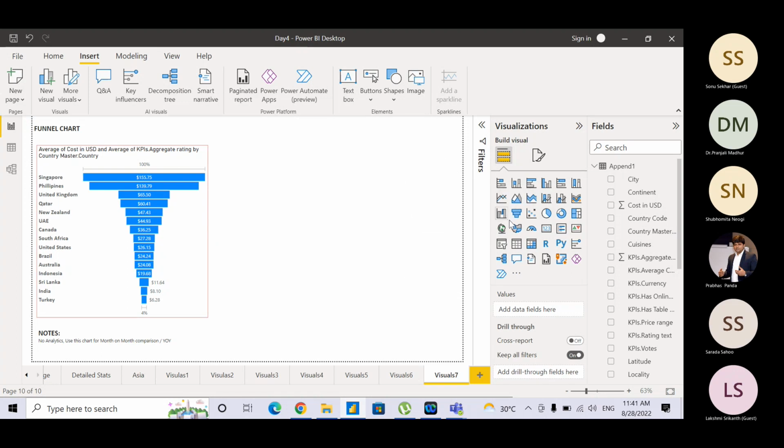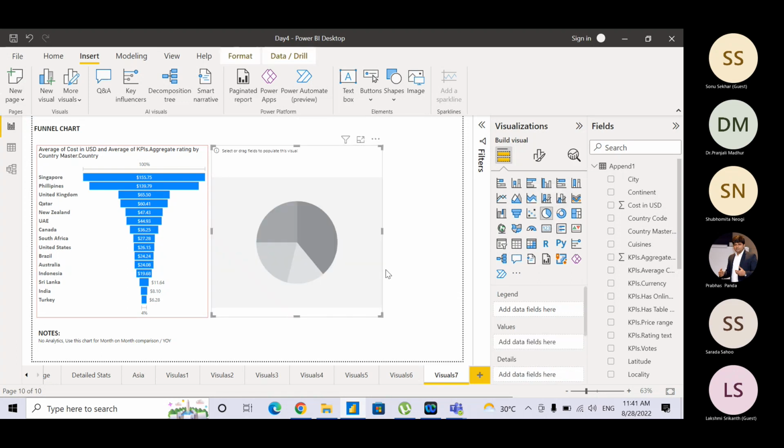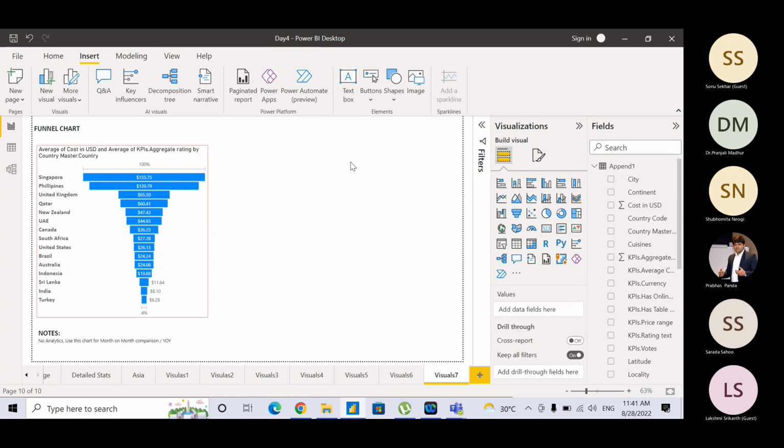All right. So now let's move on to the next visual, which is the pie chart, which is our very old tradition and lovely chart that we always use. So I'm going to use the pie chart here. So अभी क्या कर रहा हूँ कि okay, before I go to the pie chart, let me do this. यही चार्ट को मैं replicate करूंगा फिर से।